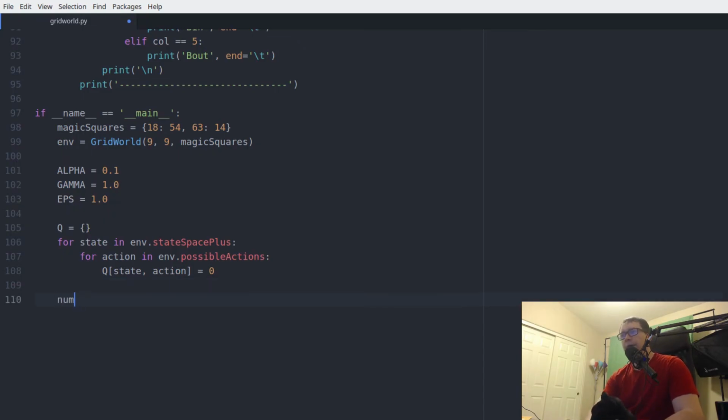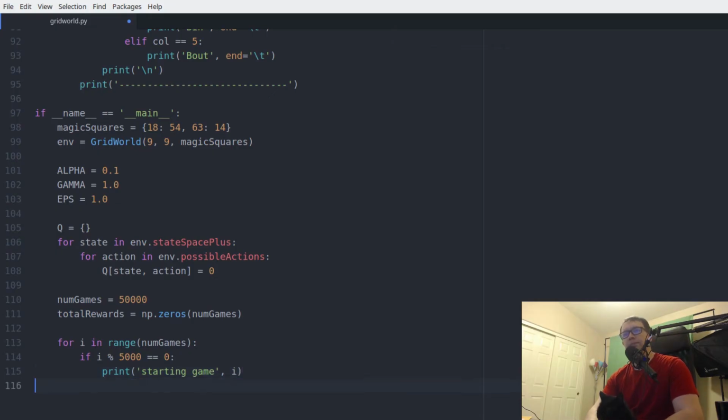We want to play 50,000 games. We need a way of keeping track of our rewards. A NumPy array will do just fine, yes? So now let's iterate over the total number of games. And I like to print out a marker to the terminal so that way I know it's actually working. So every 5,000 games, just print that we're starting